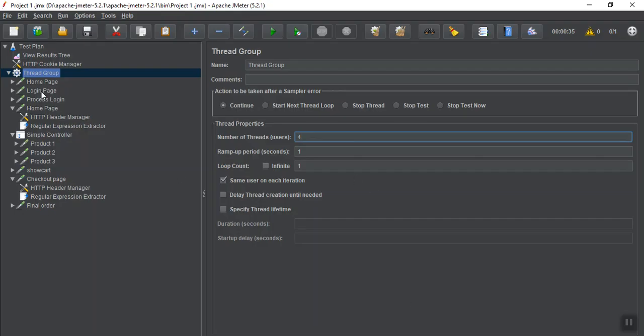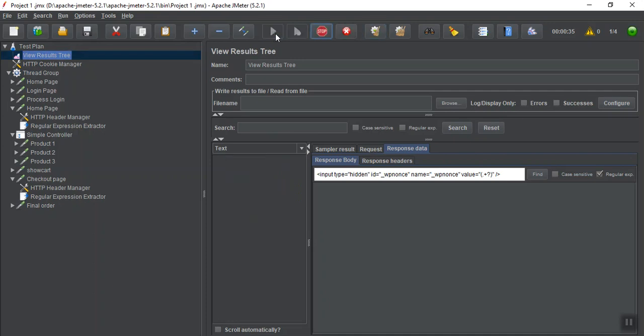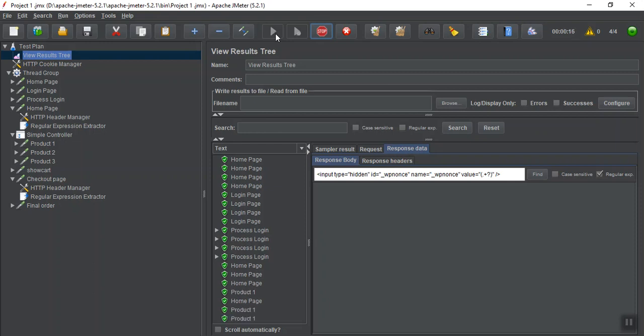Let's run it, clear it, and run it. Be with me, it will take some time. See, all people logged in, login done, home page.